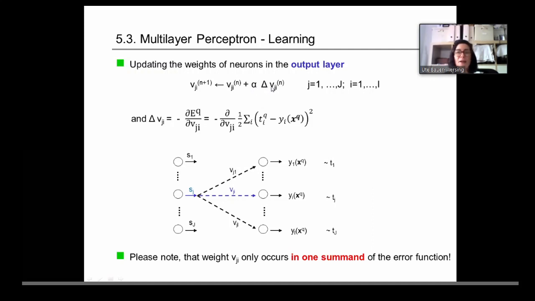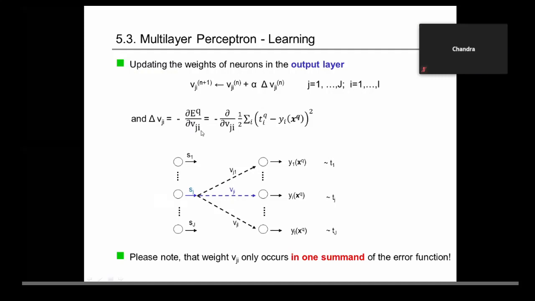So this delta Wji is given by the negative gradient of the quadratic error function for training sample q that we formulated on the previous slide,